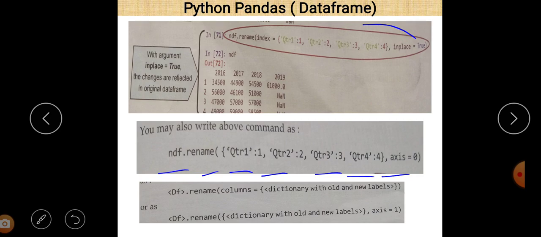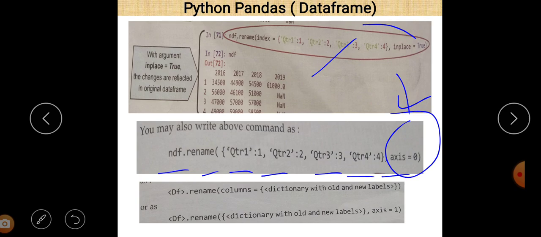So if you want to change the names of the columns, then you must define axis is equal to 1, because here we just want to change the names of the rows. So by default it is 0, so you don't need to mention it, but if you do write it, then both have the same effect on the program.